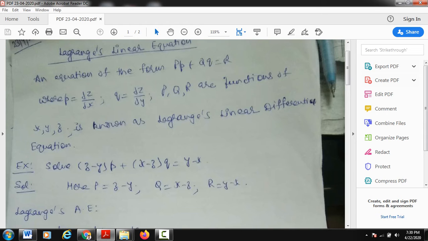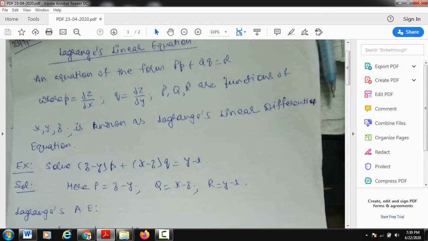So students, now you will solve the auxiliary equations and you will get the solutions. Two solutions basically, exactly two solutions, and they should be different. If the two solutions come out the same, then they will be considered as one, not two. So the solutions must be different. They should not be the same.